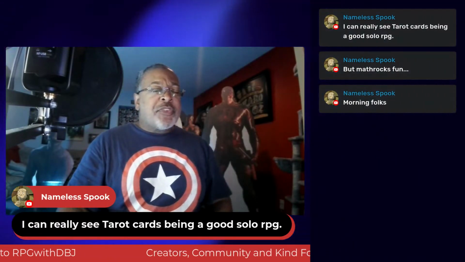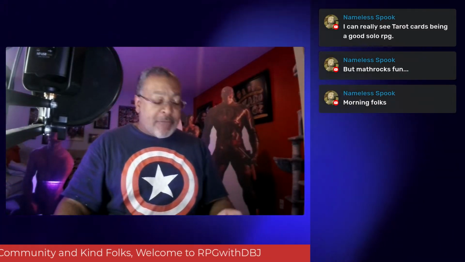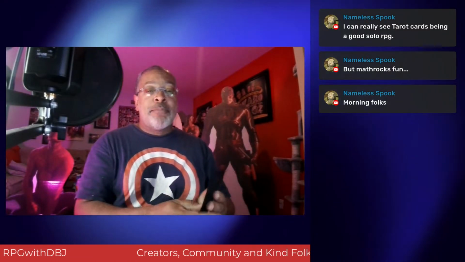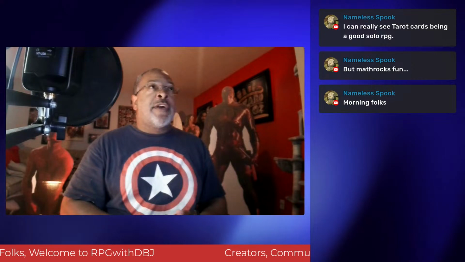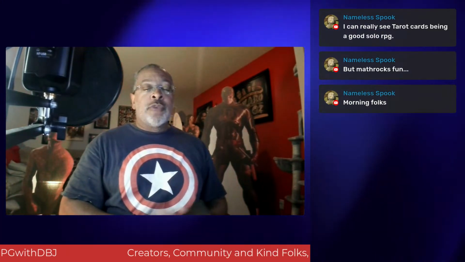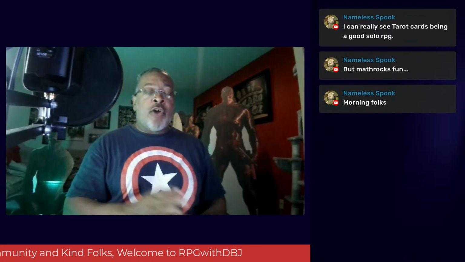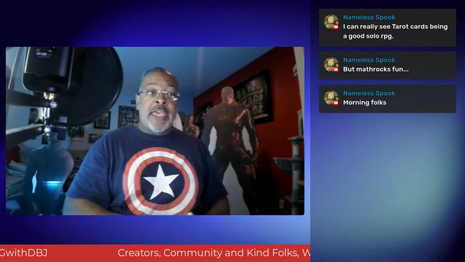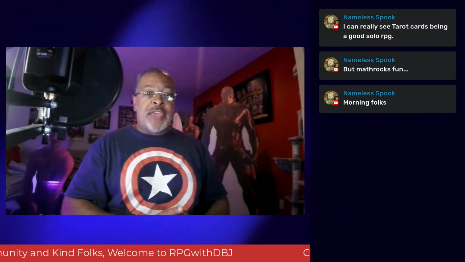I'm surprised the mathers haven't really caught on to it, because when you have a deck of cards, you could easily, first of all, just remove the cards that you don't want in that deck to get the numbers you want. So let's go with a D10. You could remove every card out of a standard playing card deck and just have all the 1 through 10 cards, ace being the 1, and then remove all the other face cards and the joker, and you still have a 1 through 10